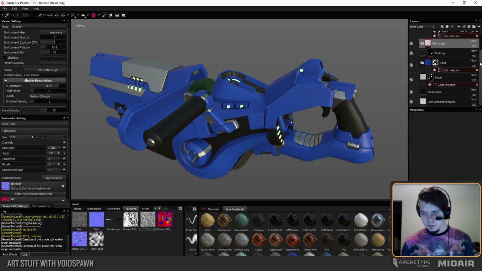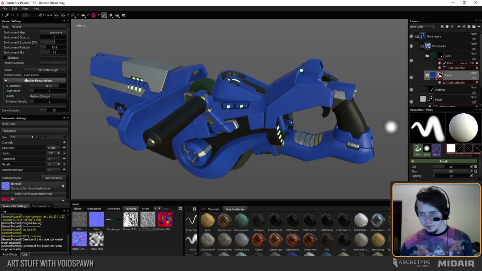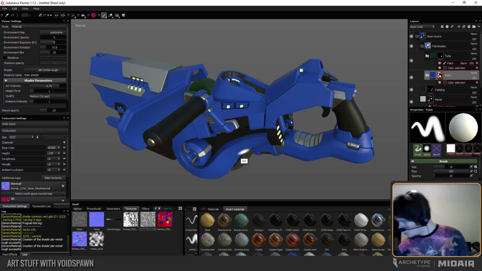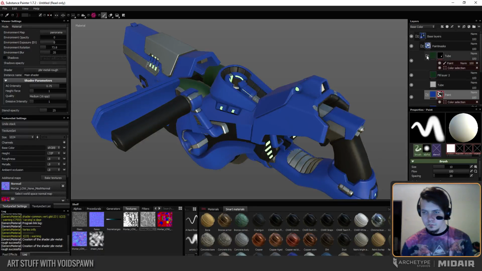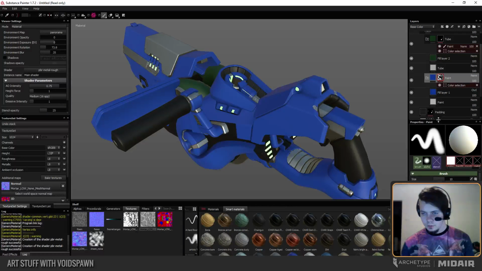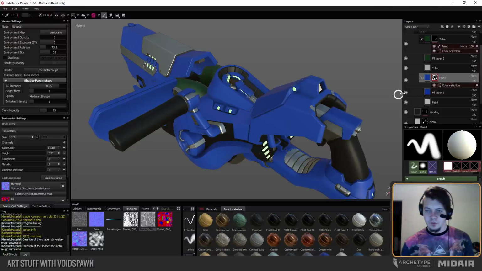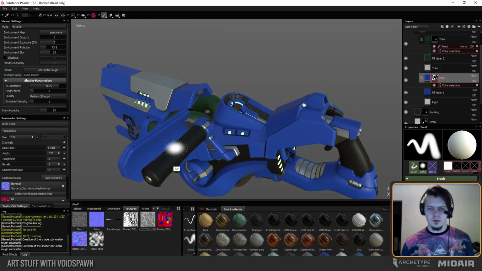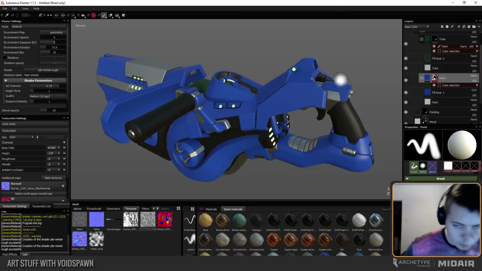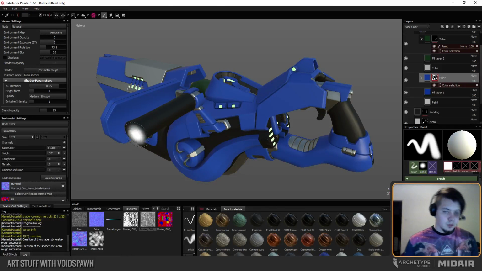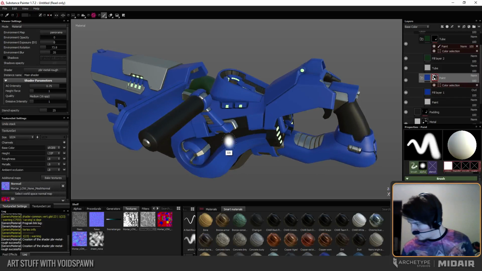So I like to call these things paint masks, which are the layers that I'm going to be able to edit in the engine. I've got the ability to have 3. Right now I'm just gonna do 2, I think, because I don't really need a 3rd one, but I might do that at some point. Or for example, I could easily split all this blue stuff into 2, so I could have a different kind of